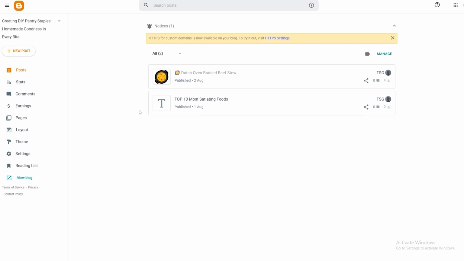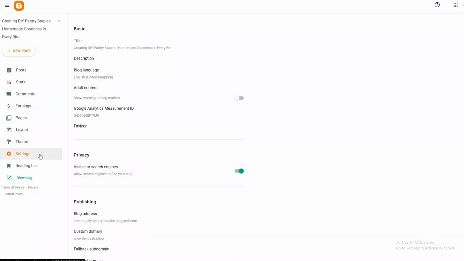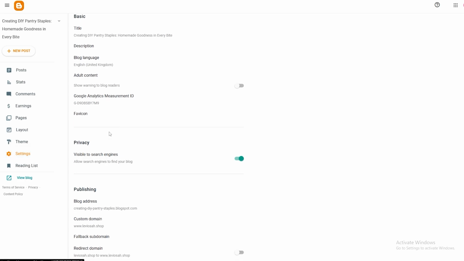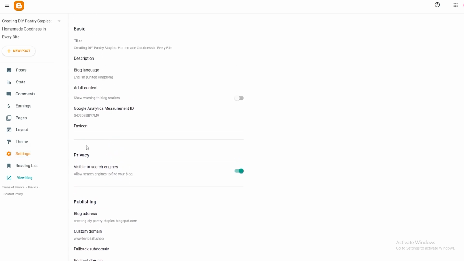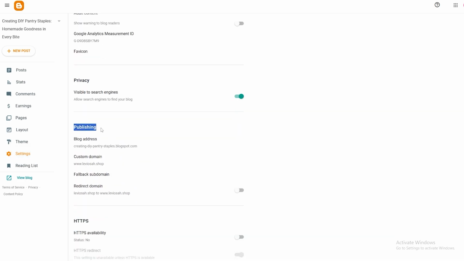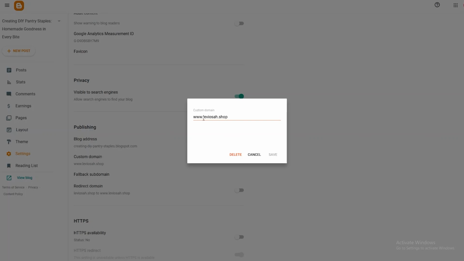So now, just as a recap, I just want to say that, make sure that you come over here into the settings section. It's fairly simple. Coming to the settings and then scroll down, or not even scroll down that much. You can see right here underneath publishing, you've got your blog address right here. You've got your custom domain and fallback subdomain and redirect domain, which is going to be this one. So this is your custom domain. All you got to do is just make sure you type in your domain,